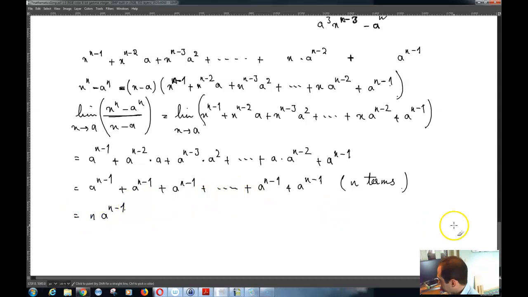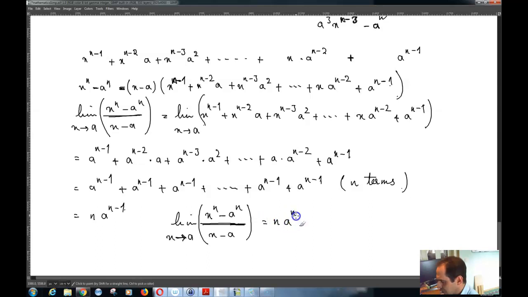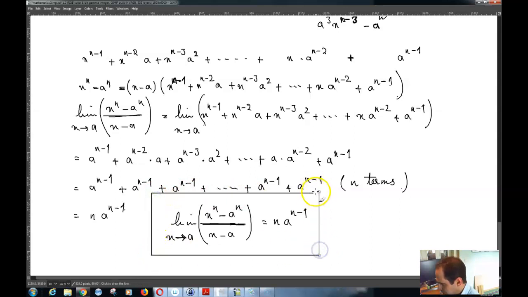So what that means is that the limit of x raised to the power n minus a raised to the power n over x minus a, when x tends to a, is equal to n times a raised to the power n minus 1. And here basically n is a positive integer, and a is supposed to be positive. And the reason for that is that